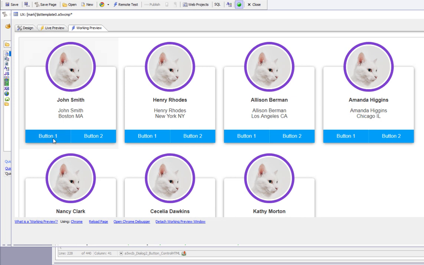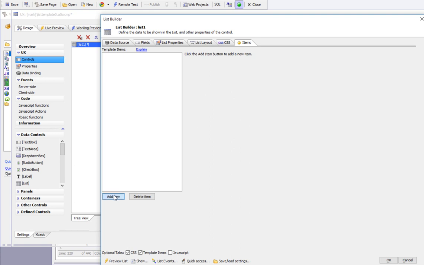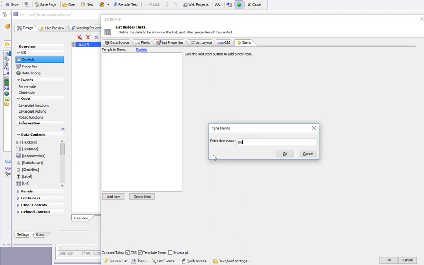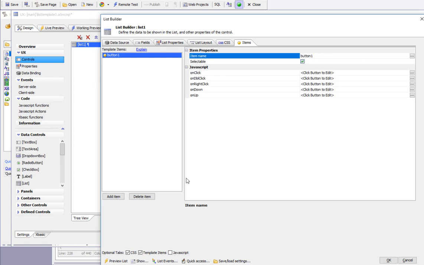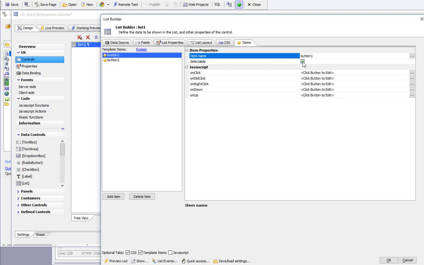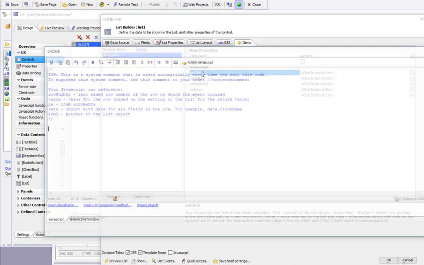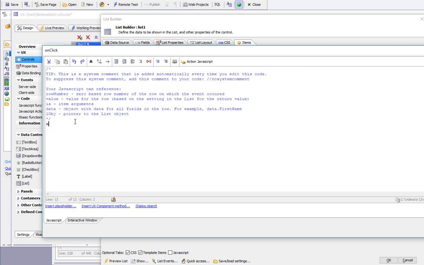Now let's make these buttons over here do something. We'll go back into our list definition, and we'll go to items, and we'll create an item for button 1 and button 2. So I'll say button 1, and then I'll do another one called button 2, and I'm going to make both buttons non-selectable, which means that when you click on them they will not retain focus. I'll go back now to button 1, and in the on click event I'm going to say alert,